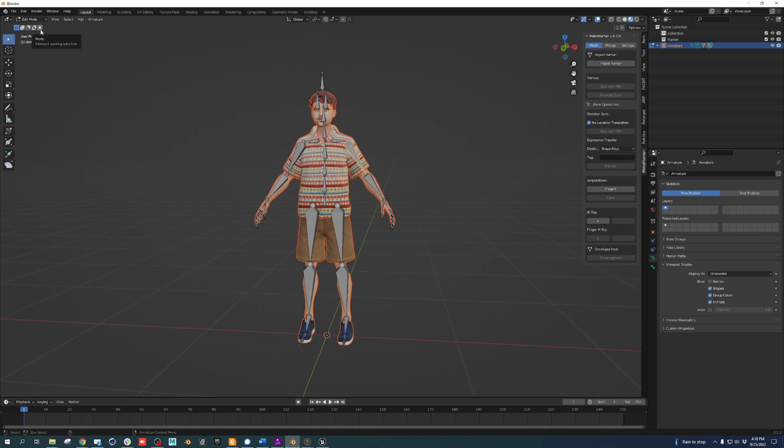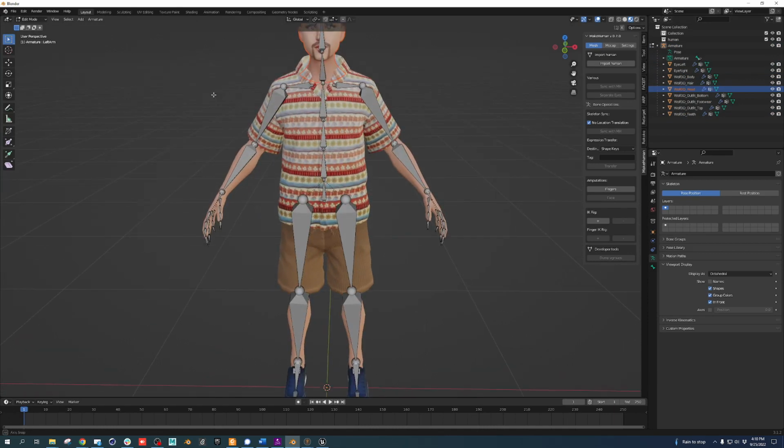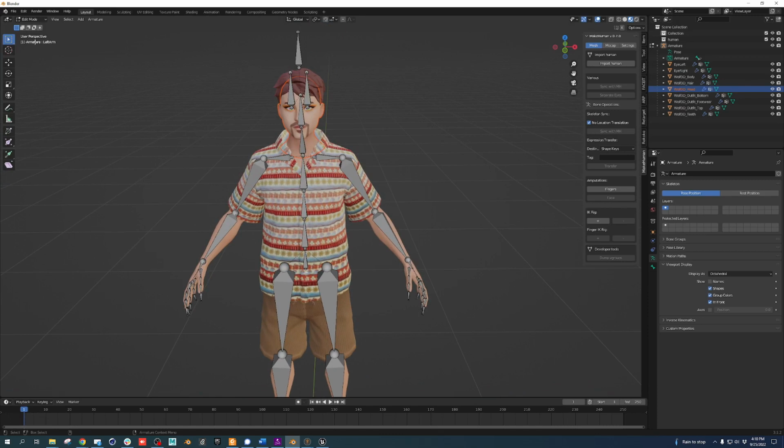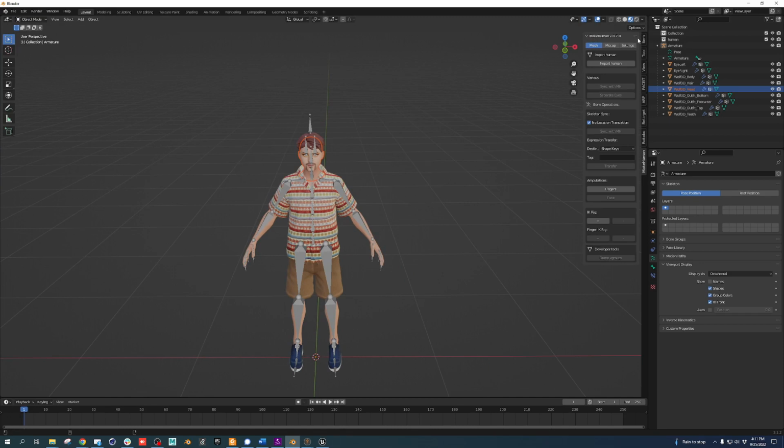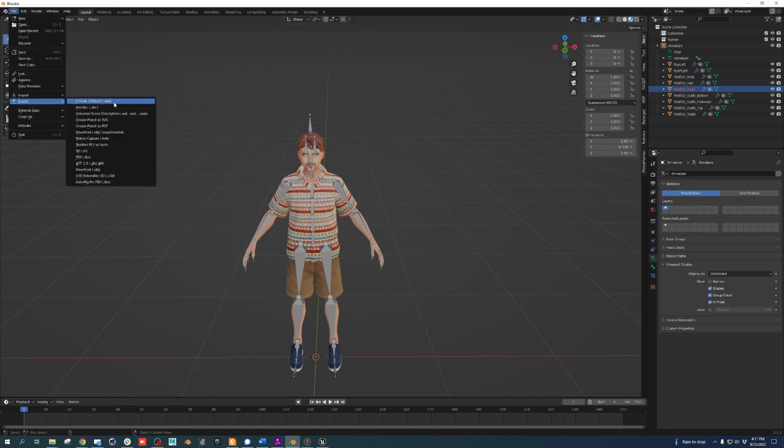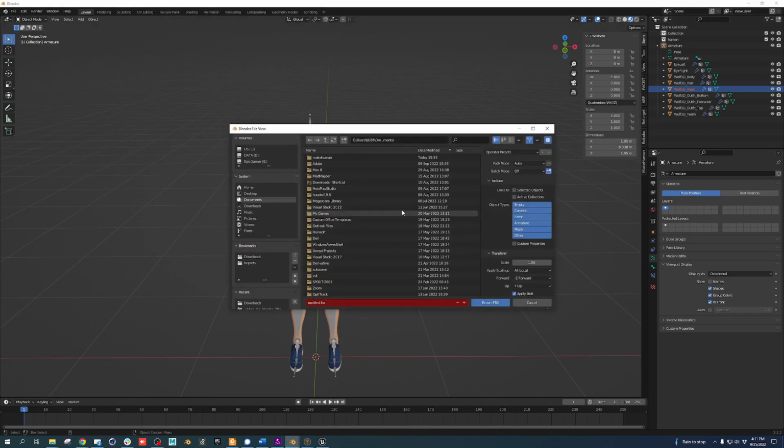Like if we select the geometry, like the head, we could probably edit some things there too, but we're not going to worry about it right now. We're just in object mode, and all we're doing today is exporting it again. So I didn't really do anything, just exporting it, and I'm going to show you how to